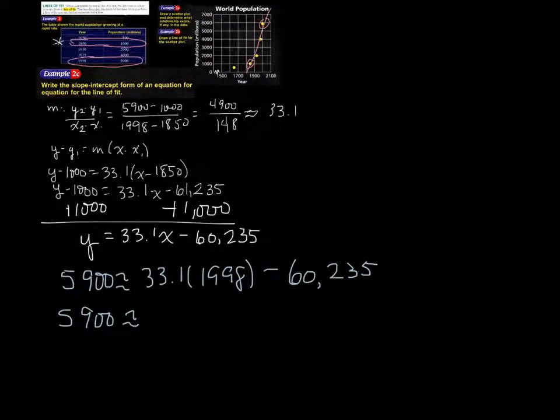Now, as a check, we could take our other point that we didn't use in our point slope form that we used to find the slope and see if we substitute it back in if we get a reasonably close answer. So I'm trying to get 5,900. If I substitute 1998 in for x, and using a calculator, because we would take all day and all night doing this by hand,